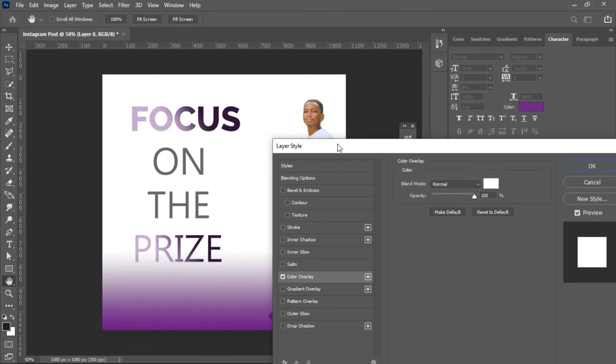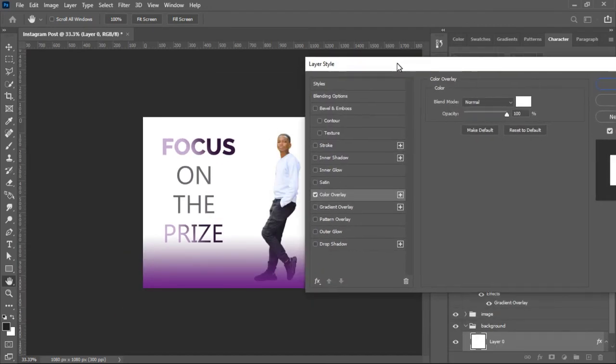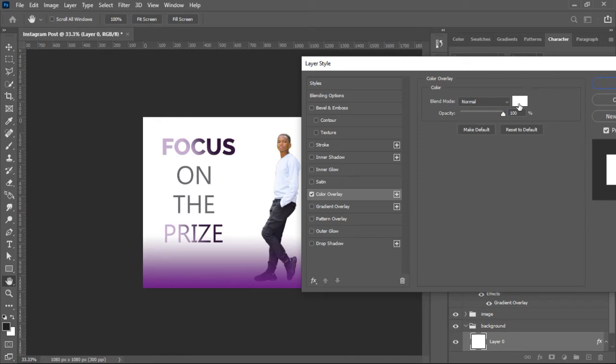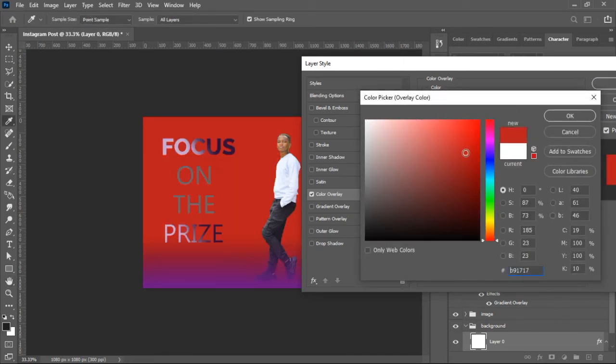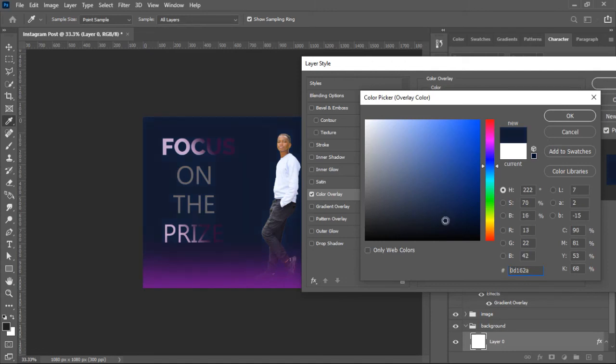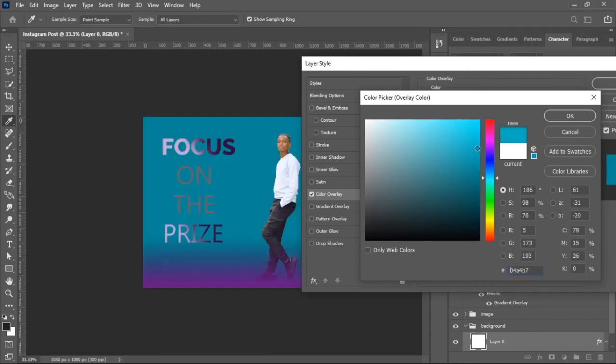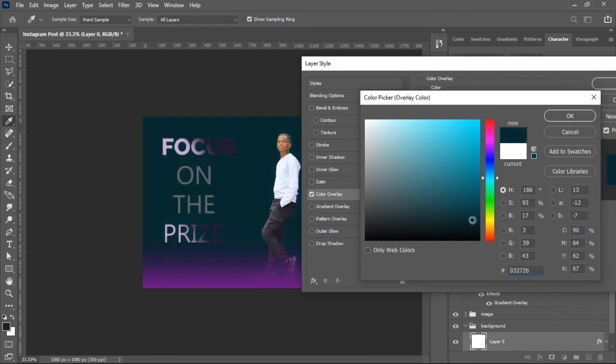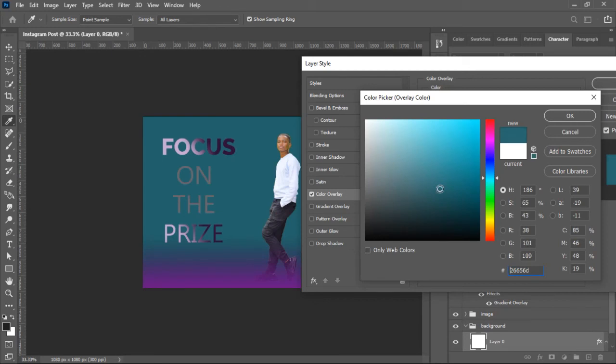So let me just zoom out so that I'll be able to see everything that is happening. Click where we have the color and select a different color for your design. So this is how we change. That is just one way out of the many possible ways of changing the color of our design. You can just keep scrolling and look for the color that looks good and works for you. You can go for a dark one, a bright one,